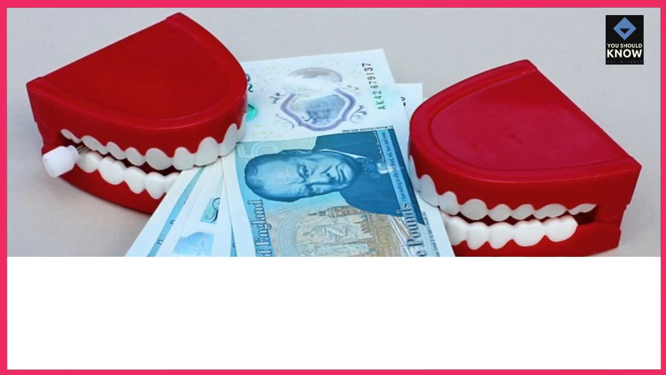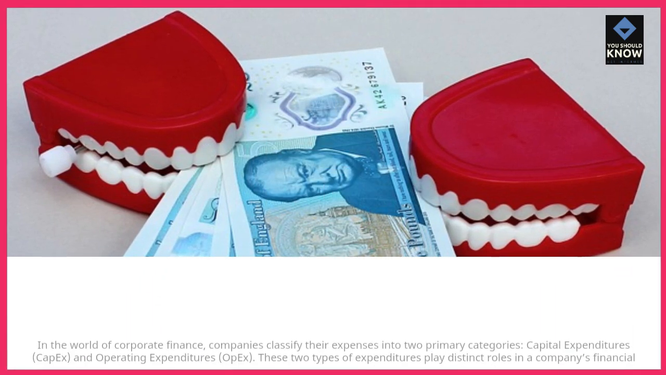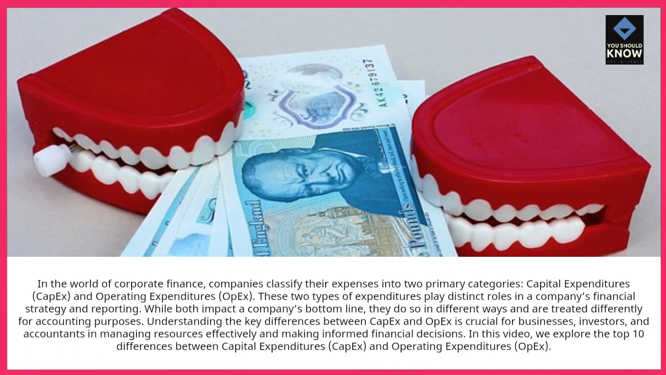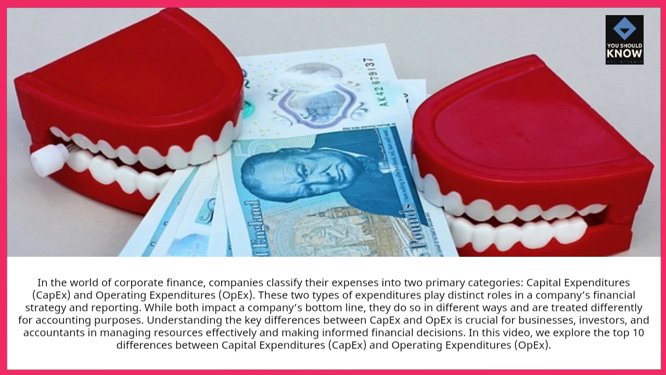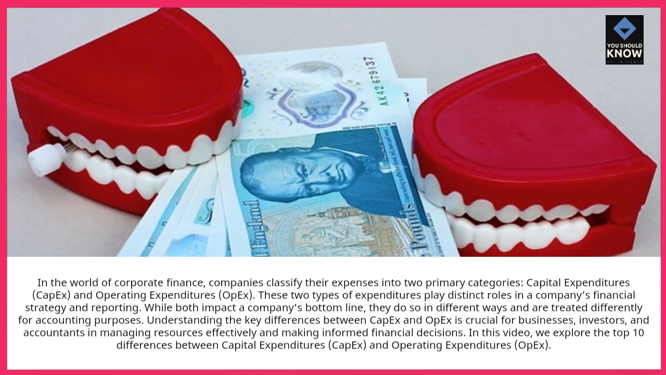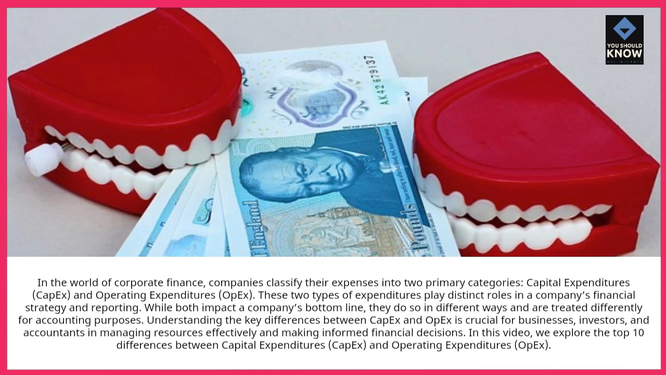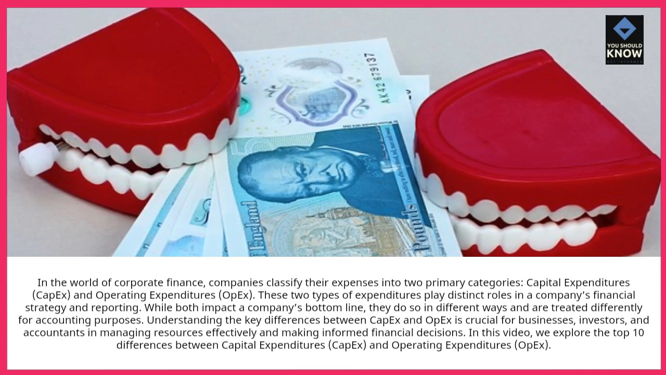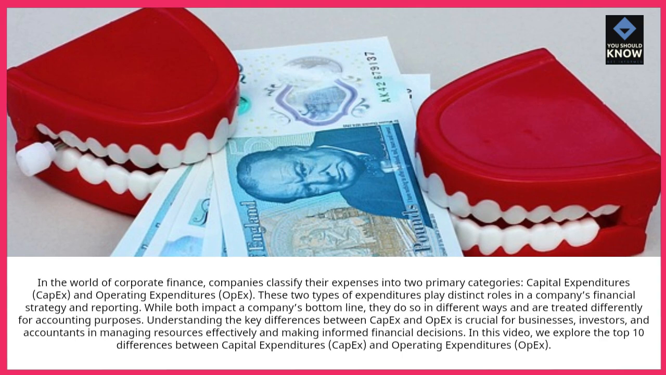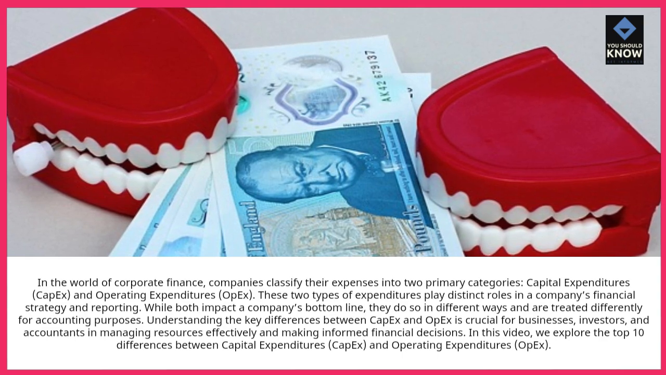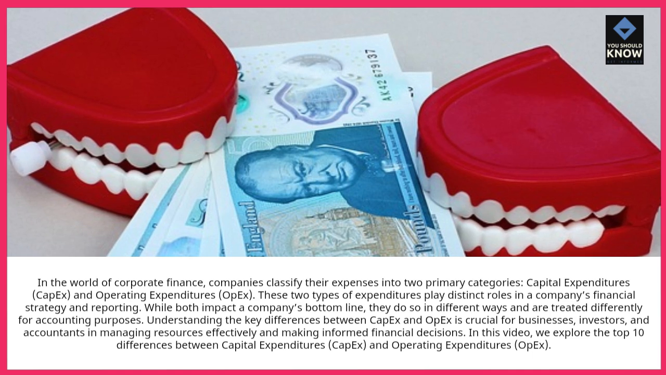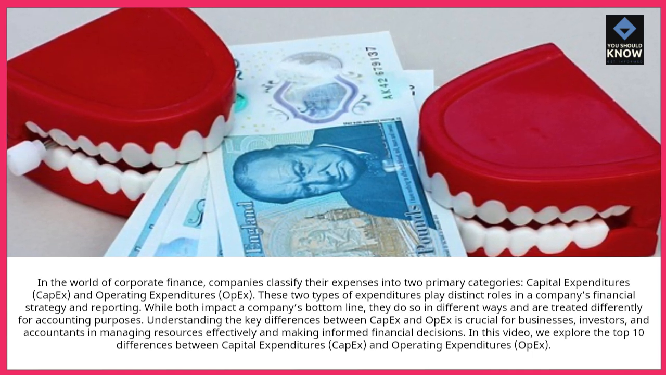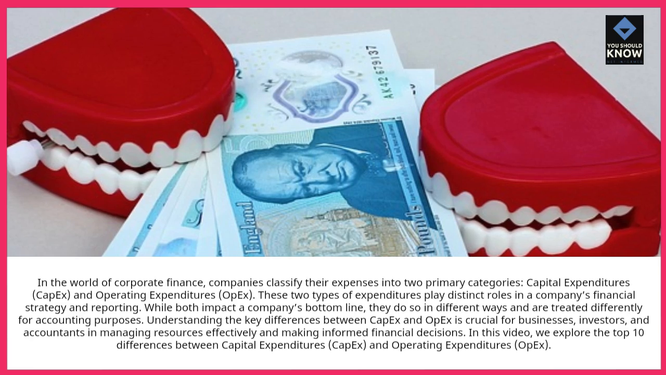In the world of corporate finance, companies classify their expenses into two primary categories: capital expenditures, CapEx, and operating expenditures, OpEx. These two types of expenditures play distinct roles in a company's financial strategy and reporting. While both impact a company's bottom line, they do so in different ways and are treated differently for accounting purposes. Understanding the key differences between CapEx and OpEx is crucial for businesses, investors, and accountants in managing resources effectively and